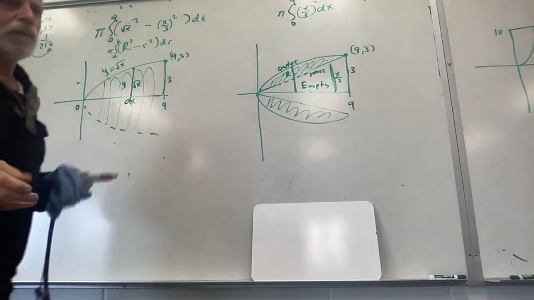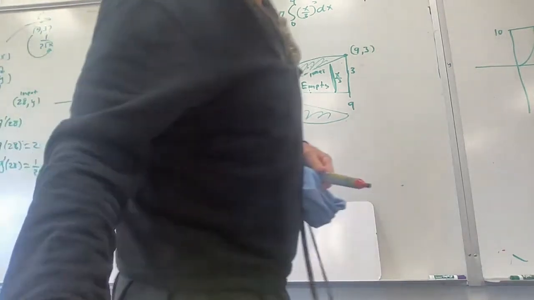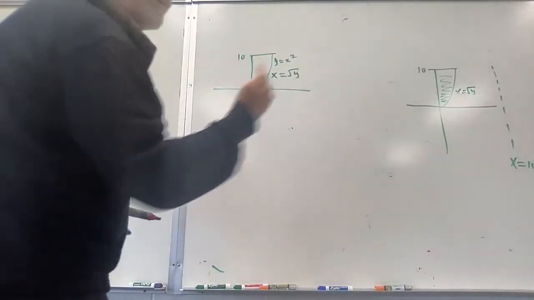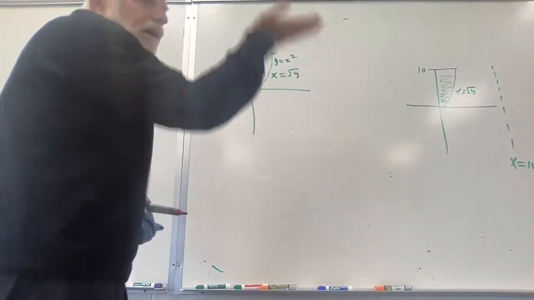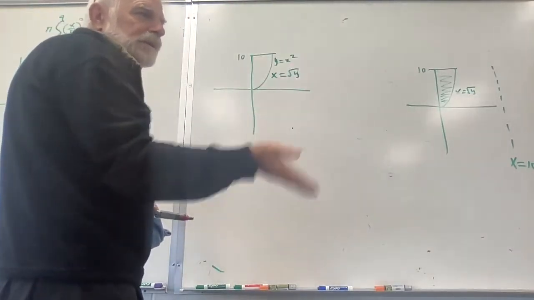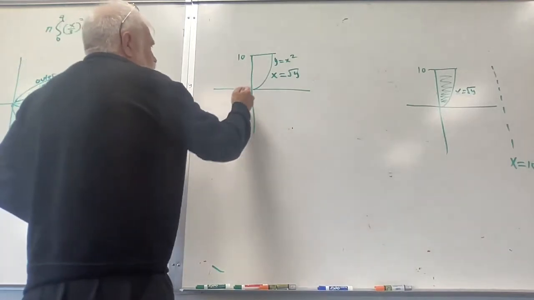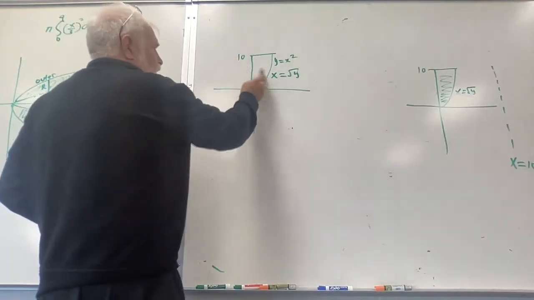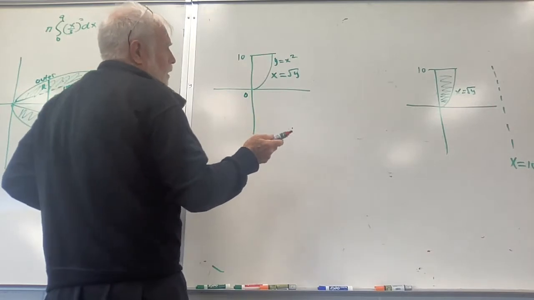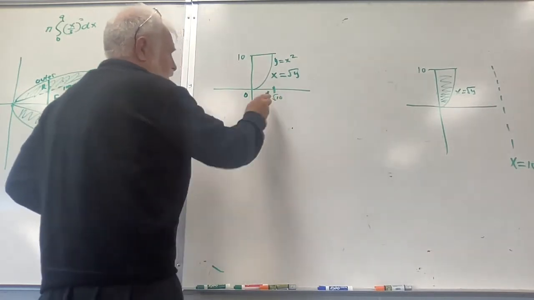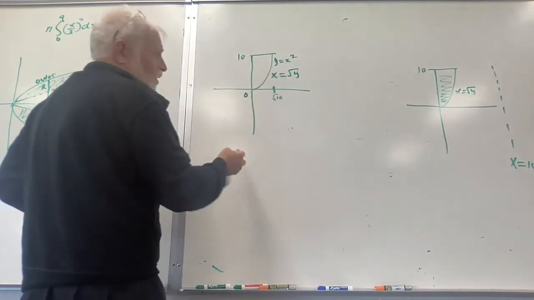Okay. And we can do integration with respect to y, instead of adding up chunks from left to right. We add up distances. We work with distances and things vertically. So let's say that we wanted to go from 0 to 10, and we wanted this area. Well, there's two ways you could do it, right? We could find the square root of 10 here, I guess, huh? The square root of 10 squared is 10. So we could do it